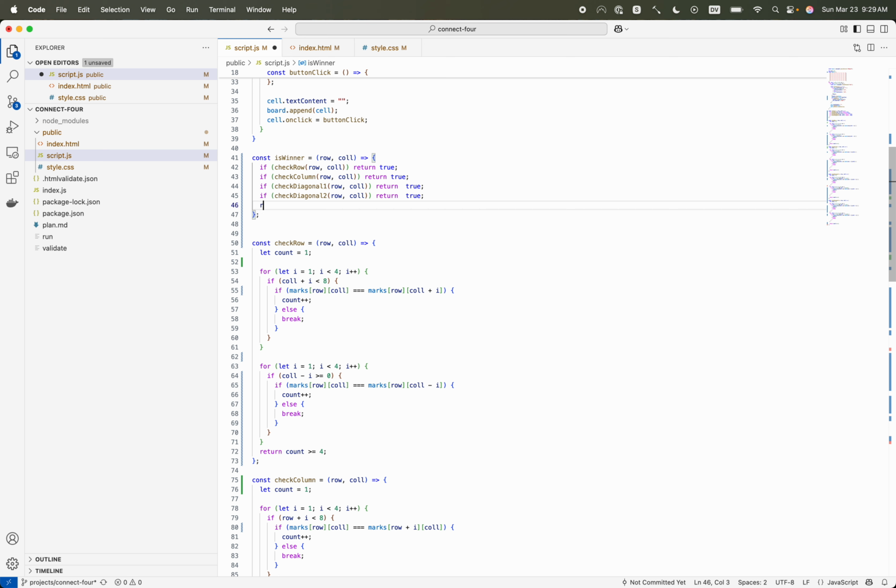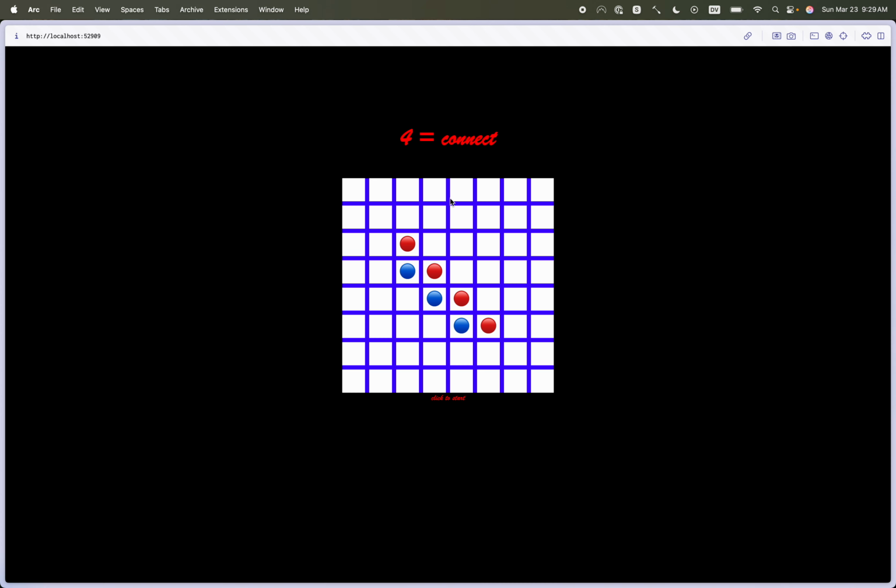And then as a final step, if we don't find a win in any of the 4 directions, row, column, or either diagonal, then we return false. Save that. Okay, so now let's check our downward right diagonal, and we see a win down here. And make sure that we didn't break anything. We'll check the upward